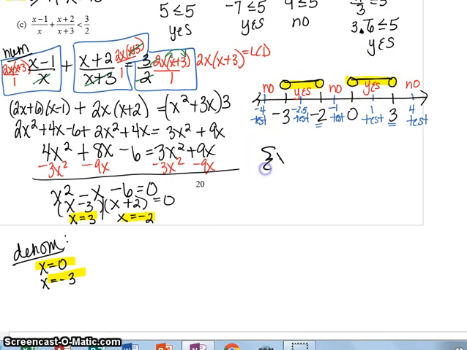So, what does that mean in set notation? It's any number strictly between negative 3 and negative 2, but not including